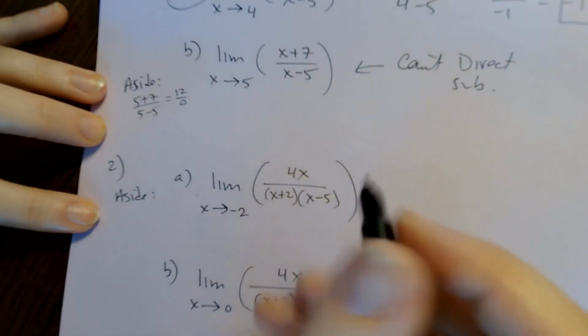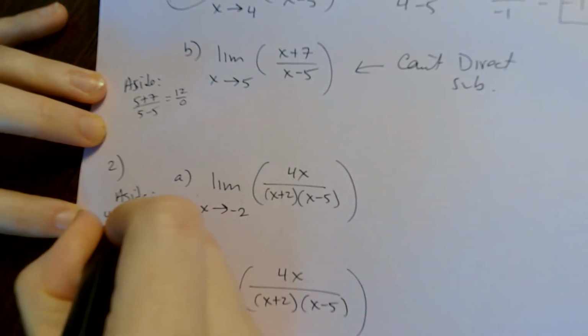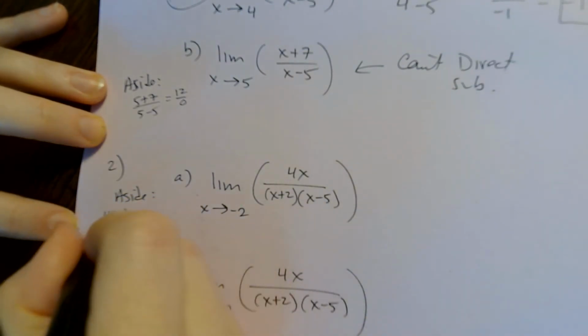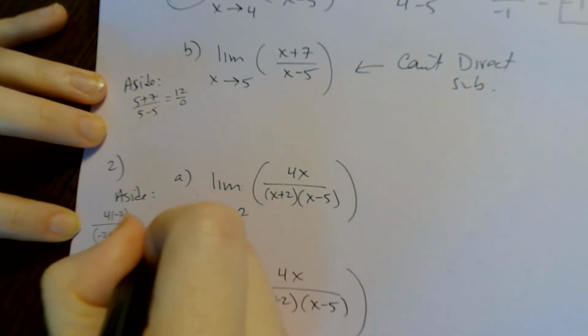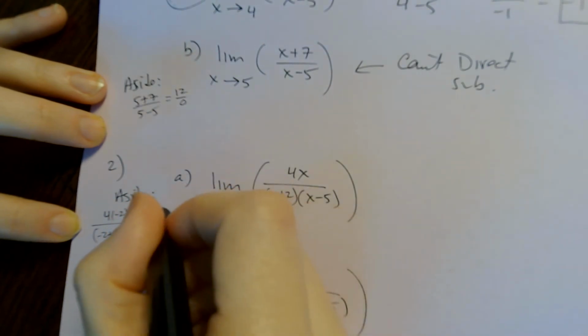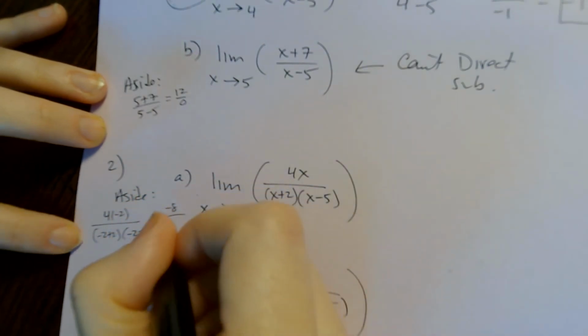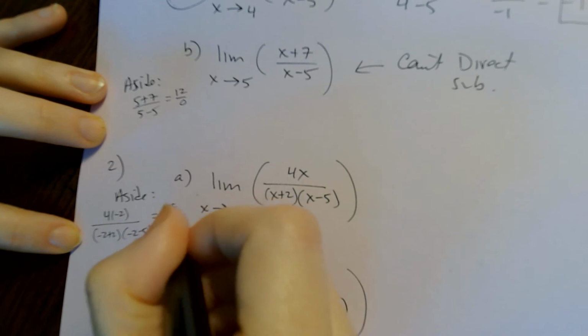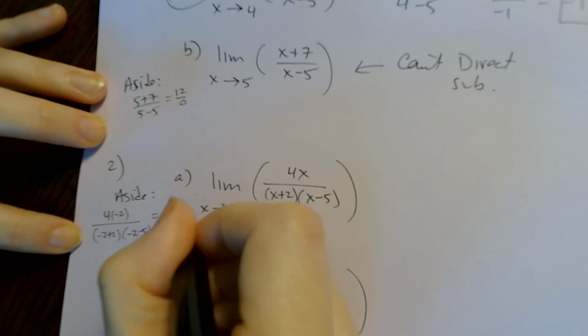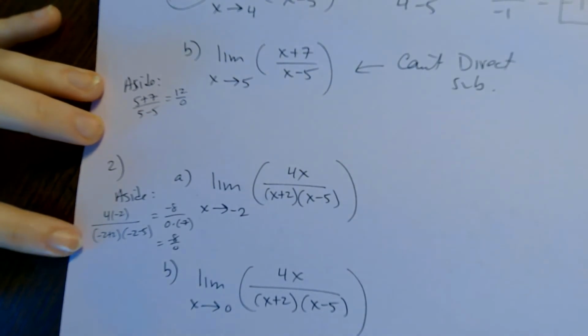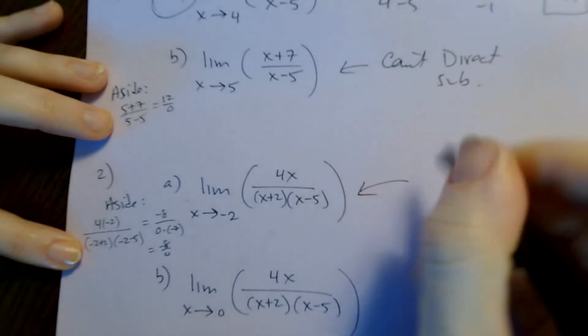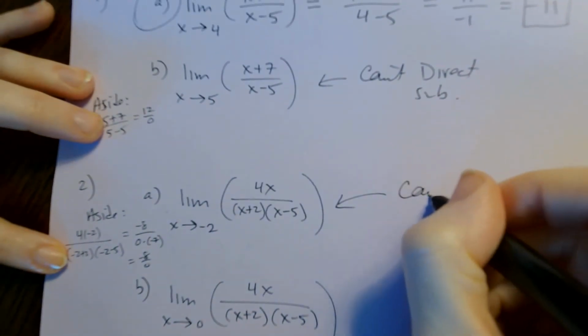So in the top, I'd get 4 over -2 plus 2, -2 minus 5. This is -8 over 0 times -7. That's -8 over 0. Okay, so can't